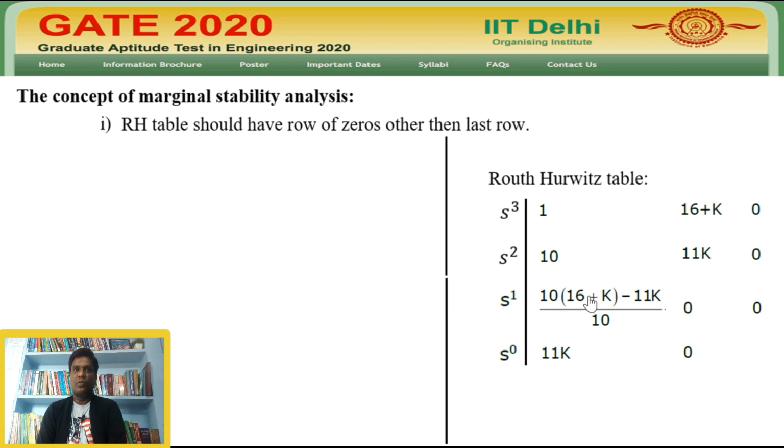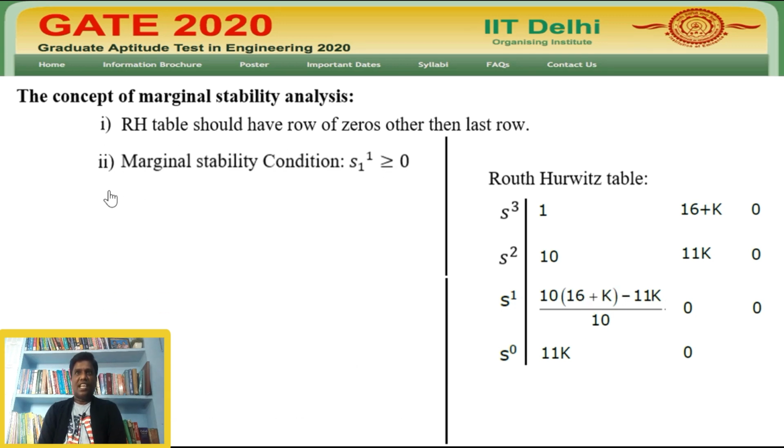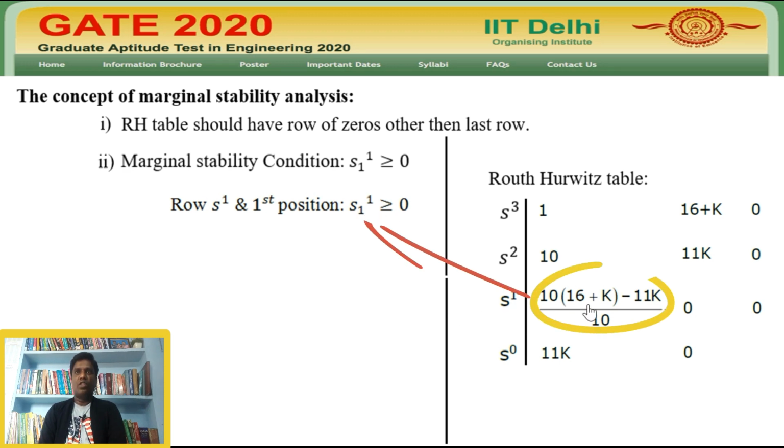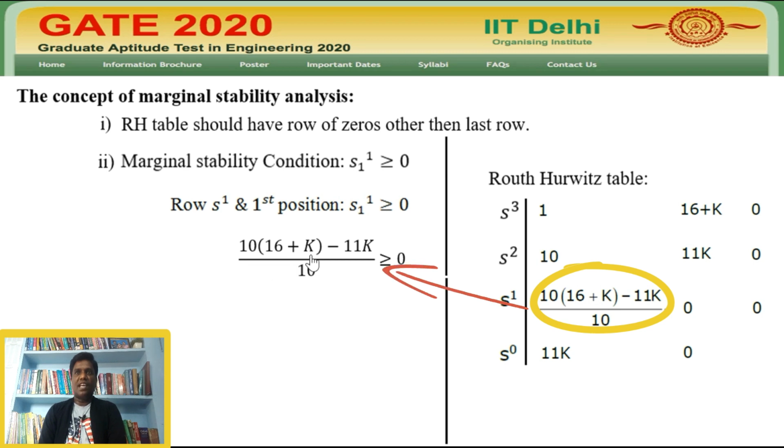equate to 0. In this way, we can write. The second one is the marginal stability condition: S1 power 1 is greater than or equal to 0, which means the row S power 1 and first position, S1 power 1, is greater than or equal to 0. Now substitute the S1 power 1 from the Routh-Hurwitz table. Then the equation is 10 into 16 plus k minus 11k divided by 10 greater than or equal to